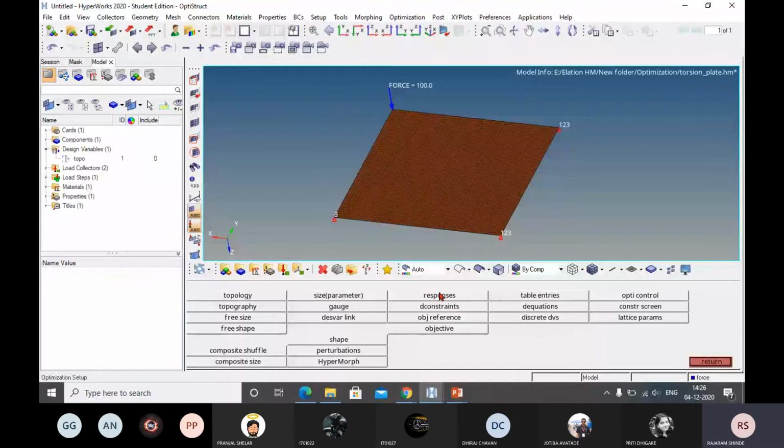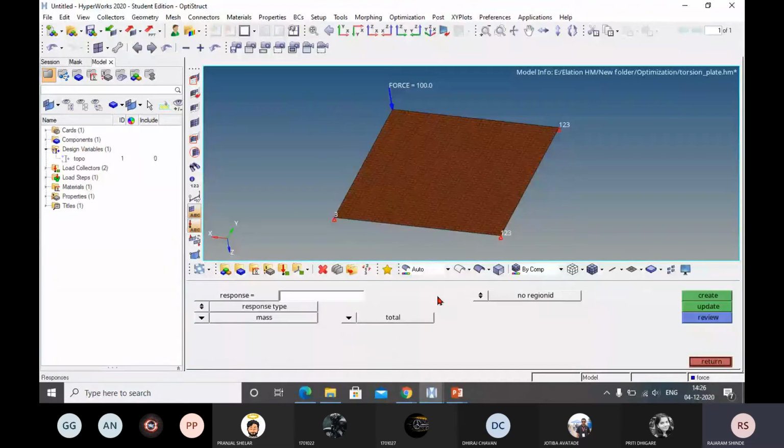Click on response. Now what we are going to do here? We are going to optimize the displacement. That means we are going to reduce the displacement. So you have to give the name as static displacement, or displacement.